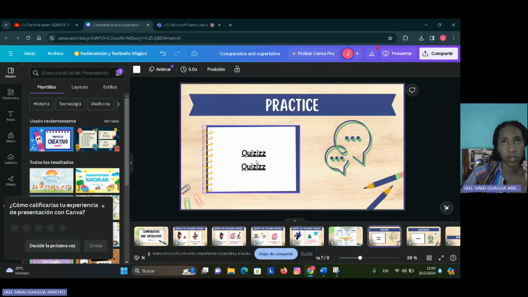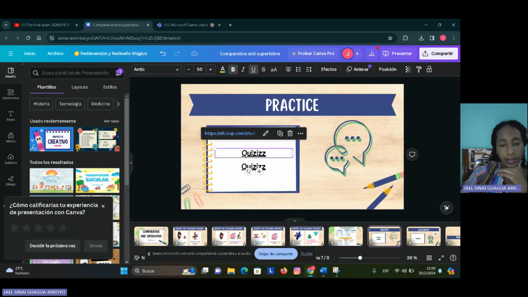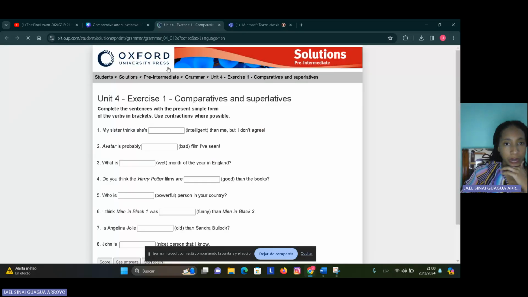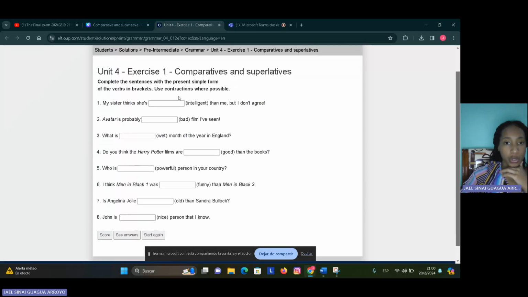through some websites. So the first website is an exercise of Oxford University Press. So the students should complete these sentences using a comparative or superlative adjective. But first, the students identify whether the sentence is comparative or superlative. So they complete, for example, number one, my sister thinks she's more